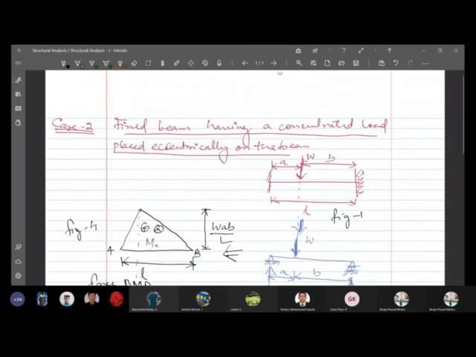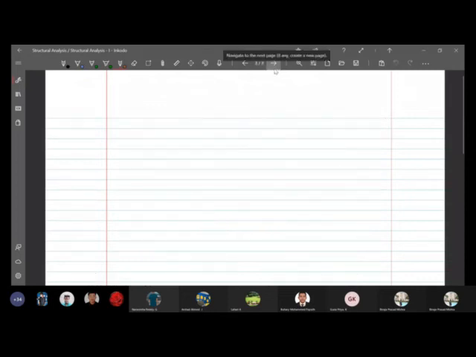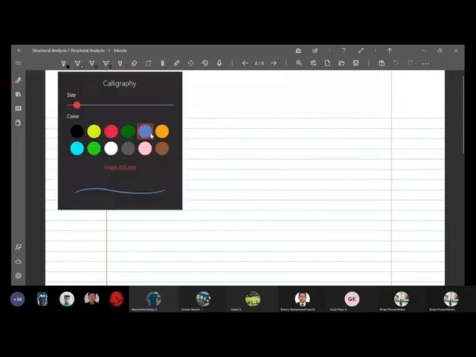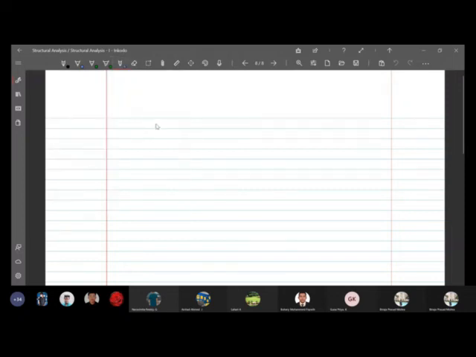So let's write that in words properly. As I said, in your exam, the way you present it matters a lot. So here I can write: a fixed beam AB of length L